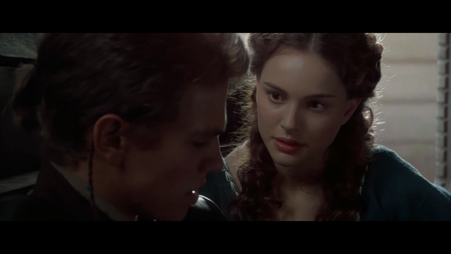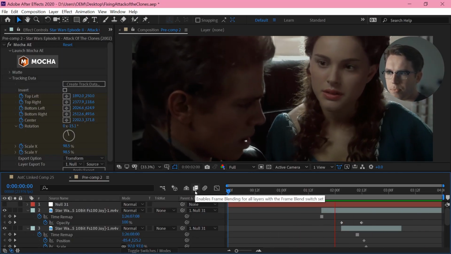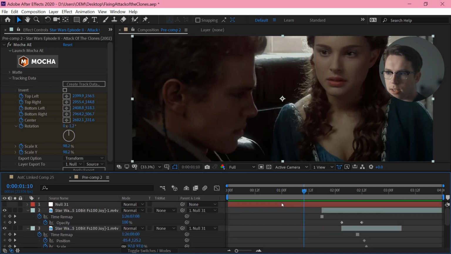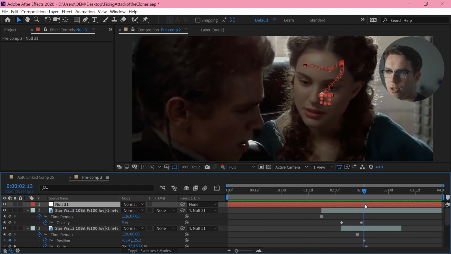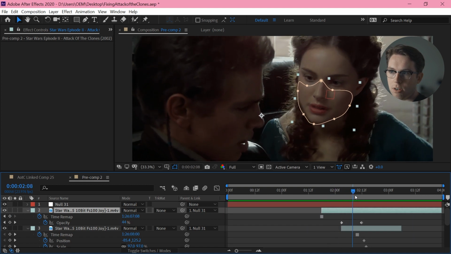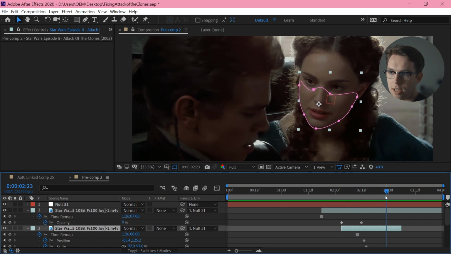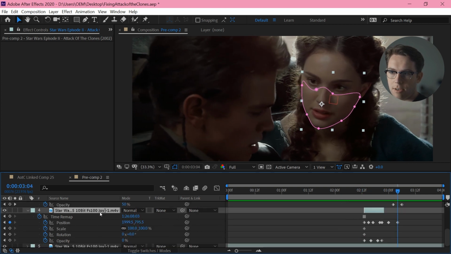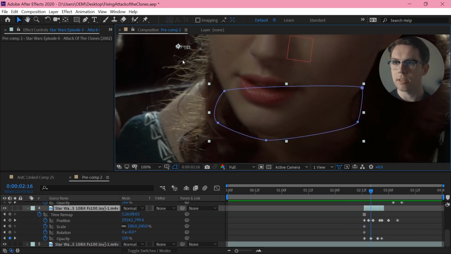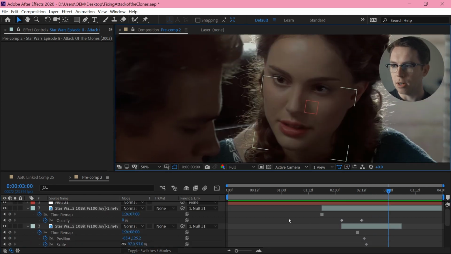Shot 25 is just a face replacement of Padme, and this is pretty rough, but as always, motion tracking the face. I've done one track for the entire shot, freeze framing at this point, tracking that on, fading that off, going to another freeze frame here, tracking that on, fading that off, and one more down here just to fill in the chin. And then just some manual position adjustments after the track to fit that all into place.